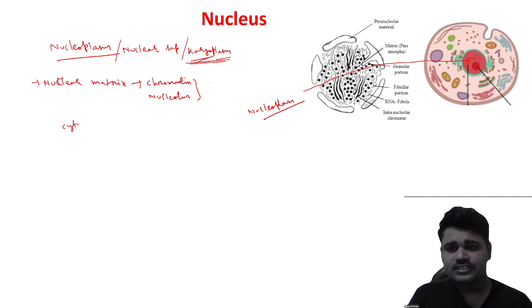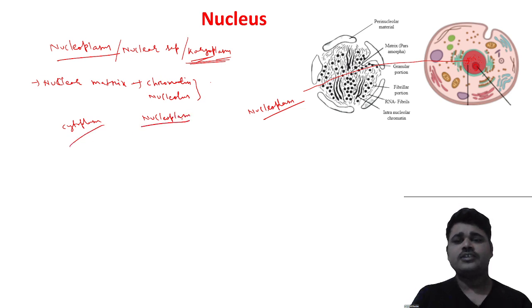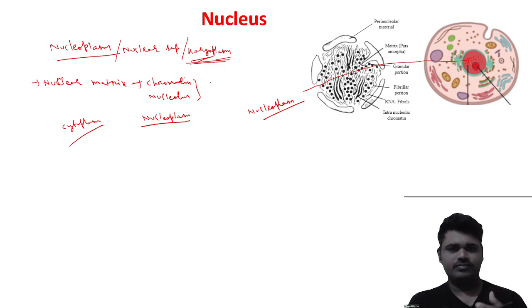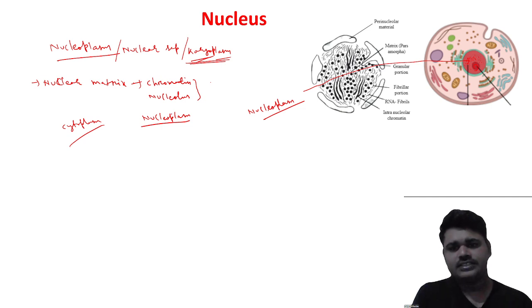So what are the differences between them? The cytoplasm and the nucleoplasm contain mostly watery substances, and besides the watery substances, the nucleoplasm contains the chromatin,